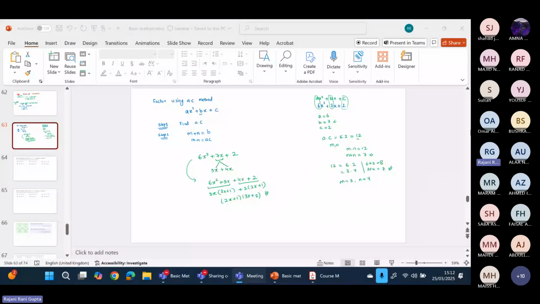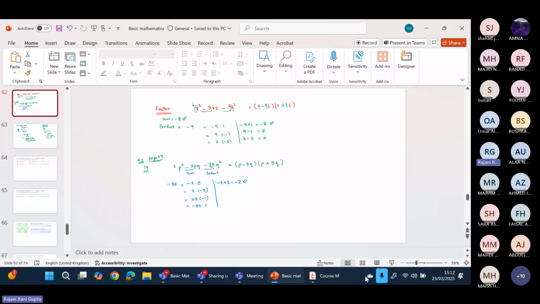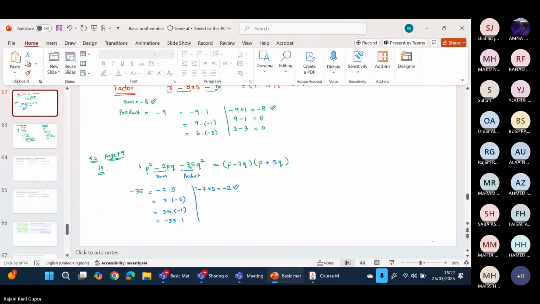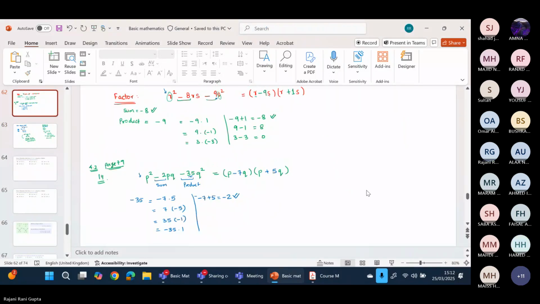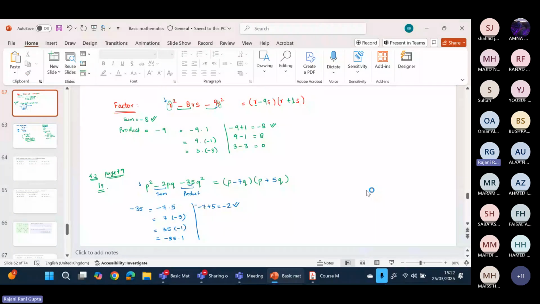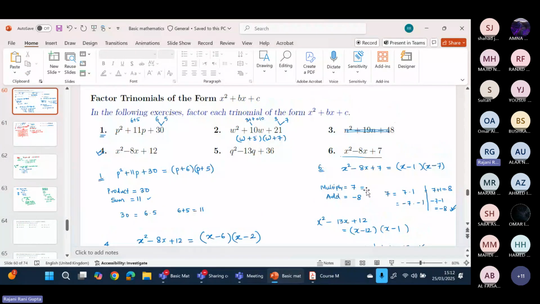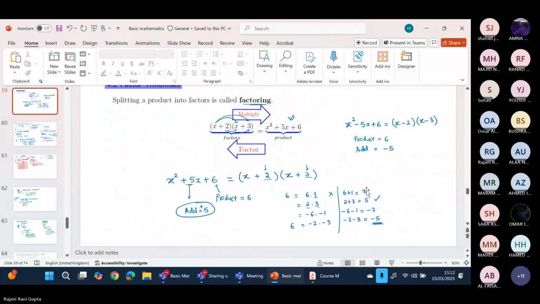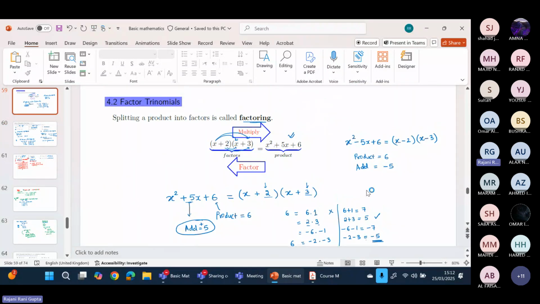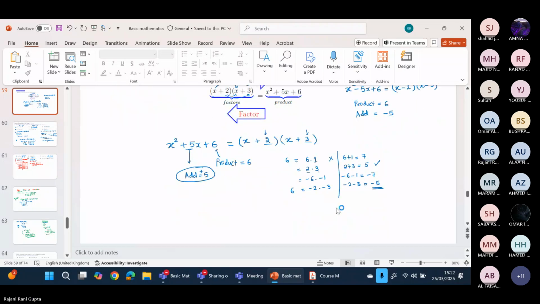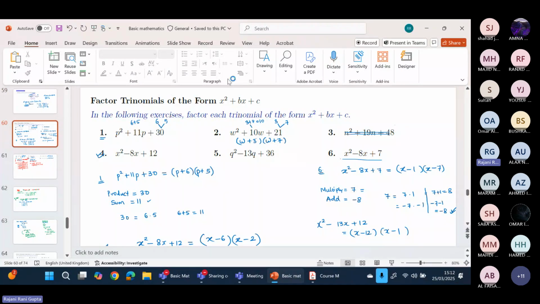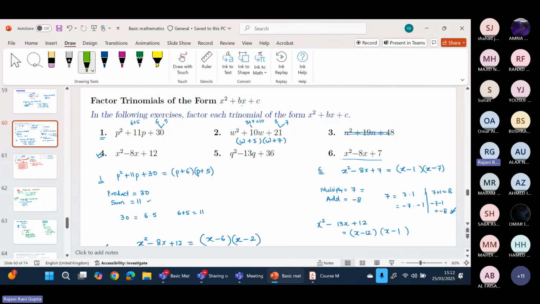Okay, so what we did yesterday is we discussed several things. So we studied how to make factors. Okay, we started with chapter 4. We studied how to make factors, okay, for the trinomials, which are in the form of x square plus bx